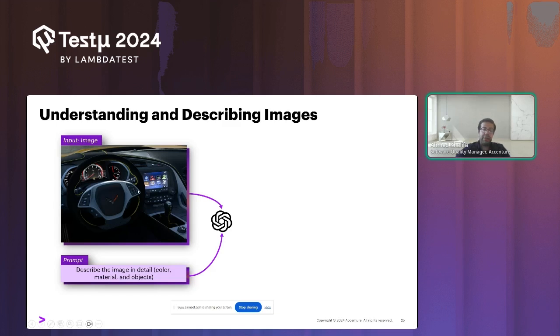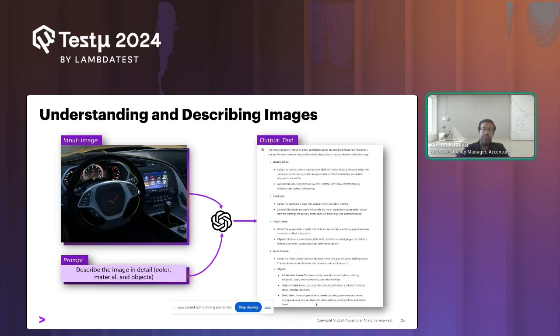So if I give this image that we saw in the first slide, where I wanted to introduce the pixel to pixel comparison, is the model really able to understand the content of this image or not? I just give the input as an image and the prompt: describe this image in detail, from color to material.